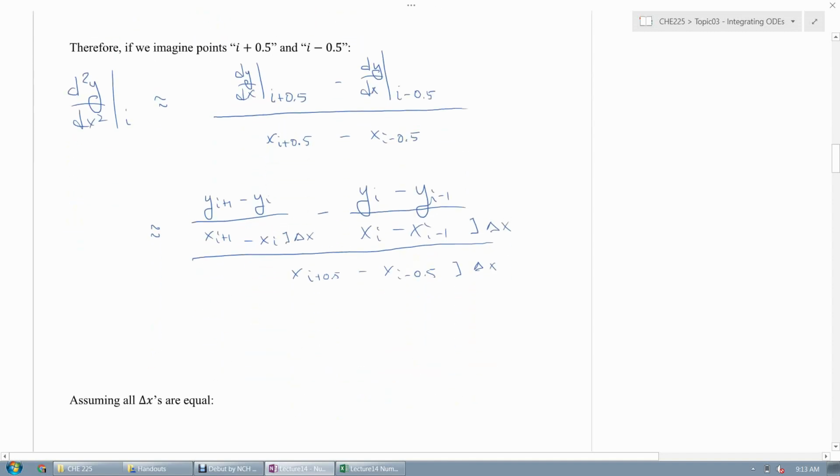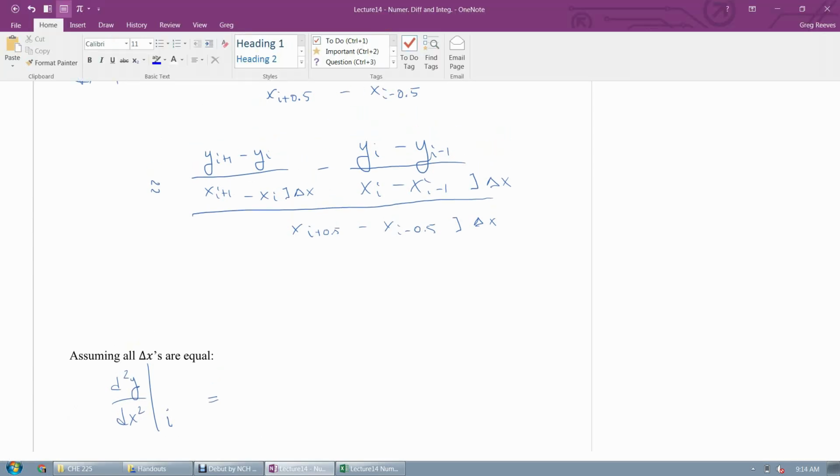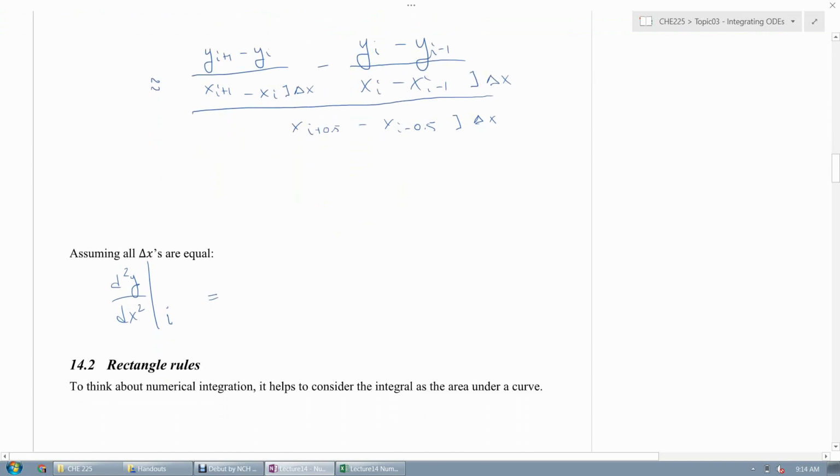And so when we work this all out, assuming all of these delta x's are equal, what we get is our second derivative, d squared y dx squared, evaluated at I, is equal to, if I look in the numerator here, I have a positive yi plus 1 and a negative yi, a negative yi again, and now a negative times a negative makes a positive, yi minus 1. And so in the numerator here, I'm going to have yi plus 1 minus 2 yi plus yi minus 1,